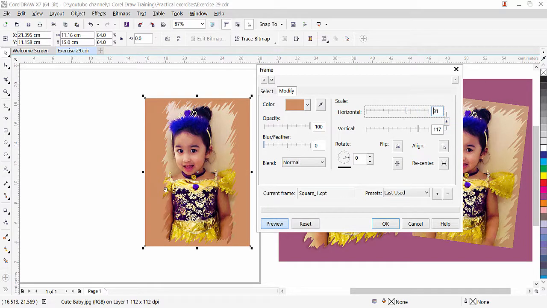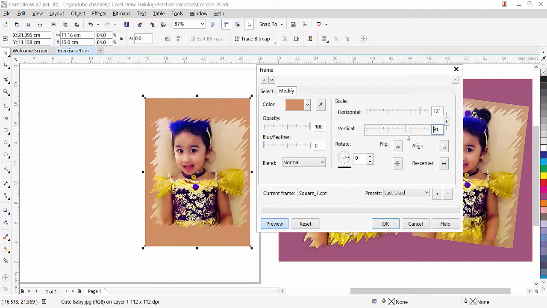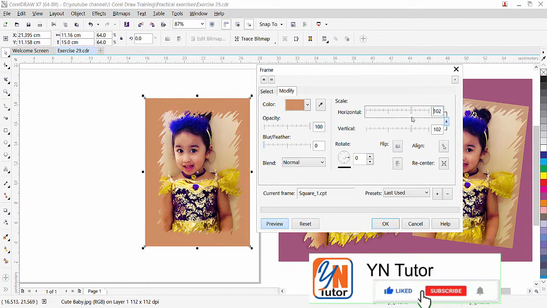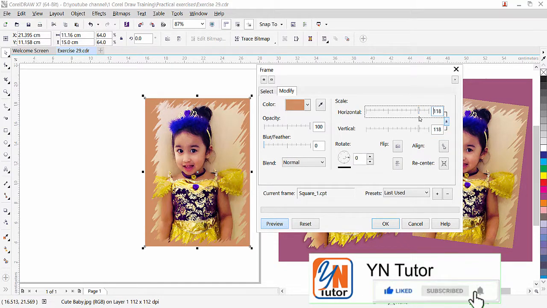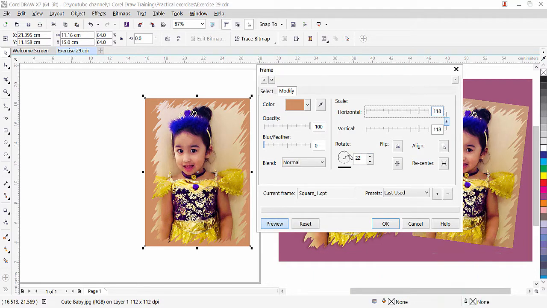Look at this, now only horizontally I am scaling this way, and if I want I can do vertically as well, this way. For me it's a good idea to lock it, so from both sides we can apply this. Okay, that setting is okay for me here, and here is the angle. If you want you can change. Look at this, this way the effect will be changed, but I am going to make it 0 for now.